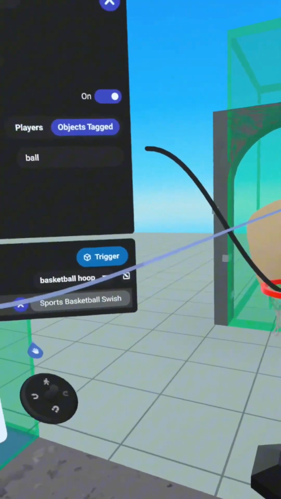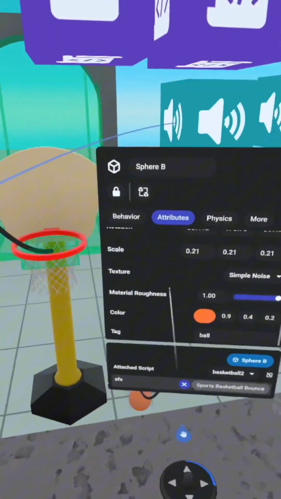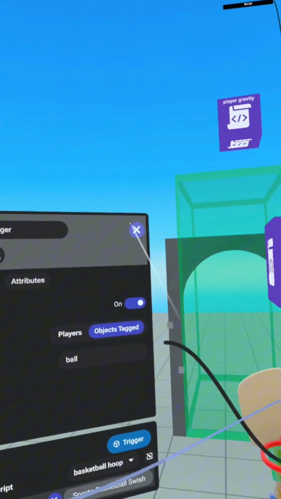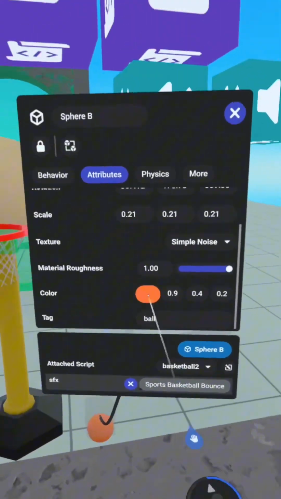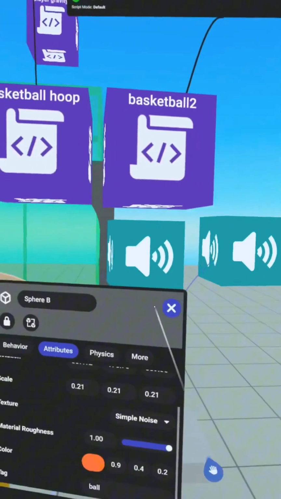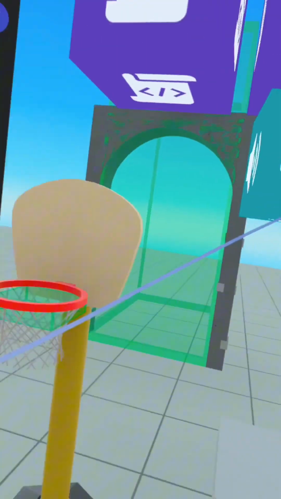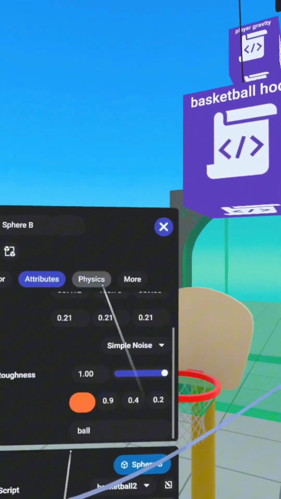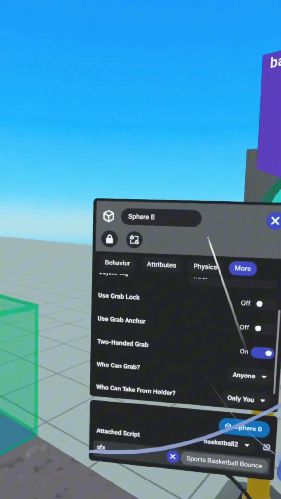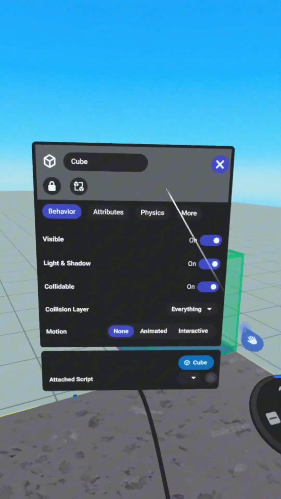So these two tags will make the script run and play its sound. And then on the next part, we want to bounce the ball on the floor and make a noise. So what we'll need to do is put the script on the ball, tie our sound in, basketball bounce, and then on this, for an example, we'll need the ball property panel, and we're going to need the floor's property